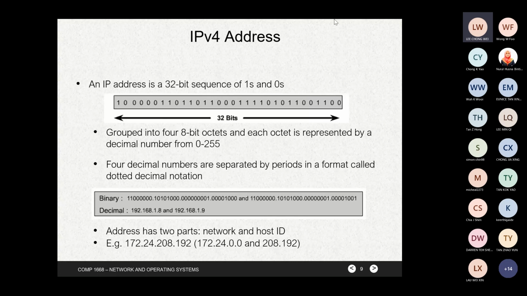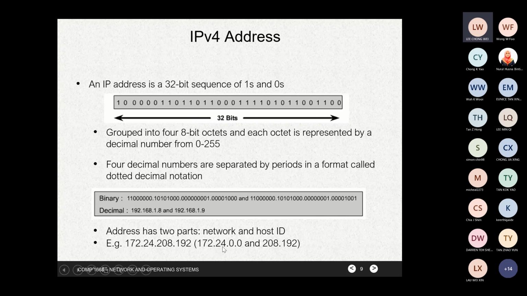So this is version 4, 32 bits, all in 1 and 0, grouped into 4 8-bit octets, and each octet is represented by a decimal number from 0 to 255. Right? You can divide this 32 into 4. You will get each section of 8 bits, which will make up one part of the IP address. As you all know, the IP address consists of 4 numbers, isn't it? For example, like what you see down here,